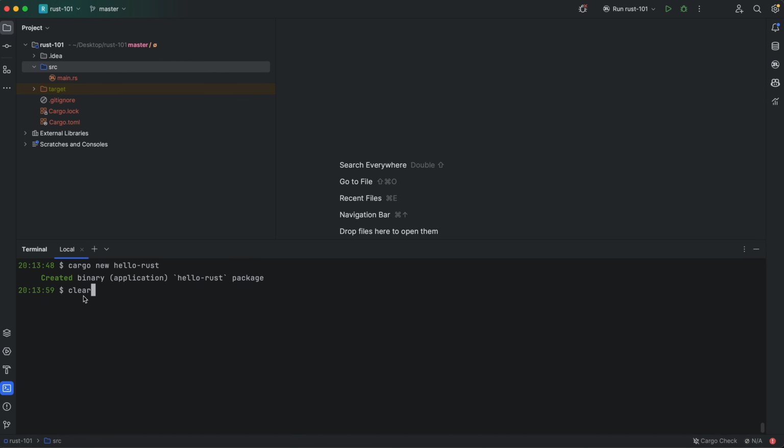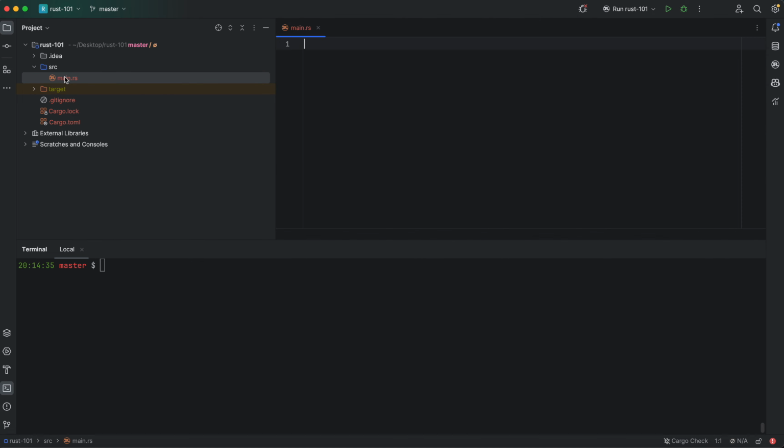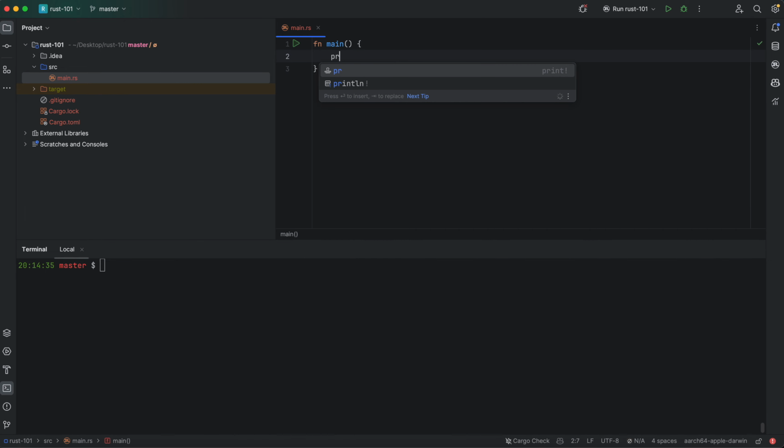Now let's clear it. Let's move into the same project for me, and let's go to src. Okay, now let's move to our main.rs. So rs is the file extension for Rust files, and we can create our first main method, our entry point, main, and we can say print hello world